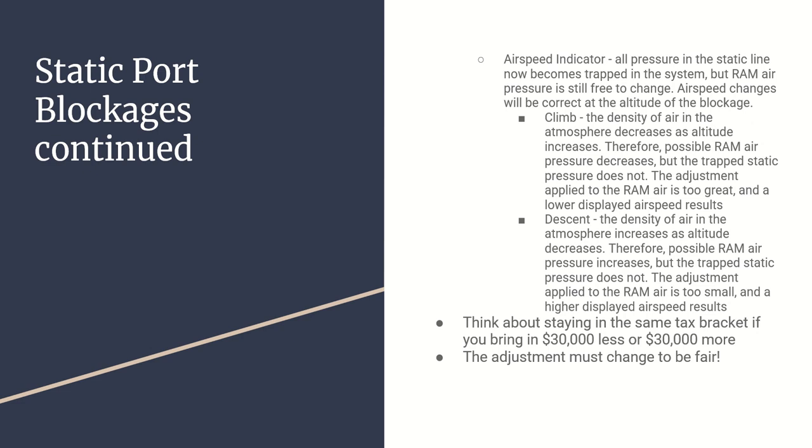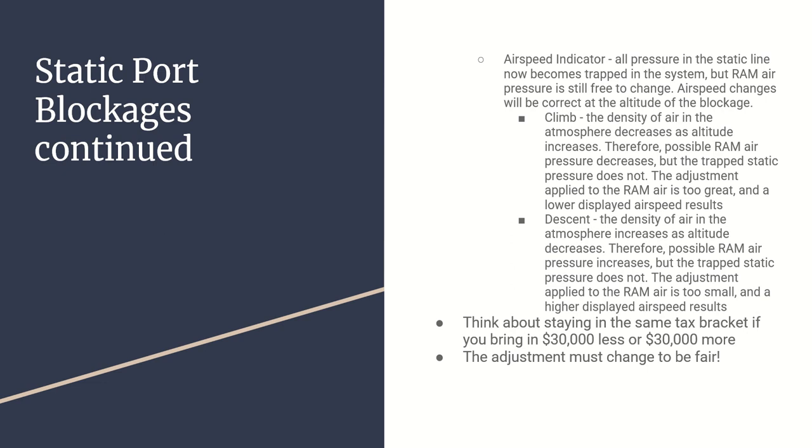So the purpose of having that static port connection to the airspeed indicator is to account for that change in ambient air pressure, right? So we know how big or small that adjustment needs to be so that we can get the correct dynamic pressure, right? If we have a blockage happen at a certain altitude, let's just make it 3,000 again for convenience,